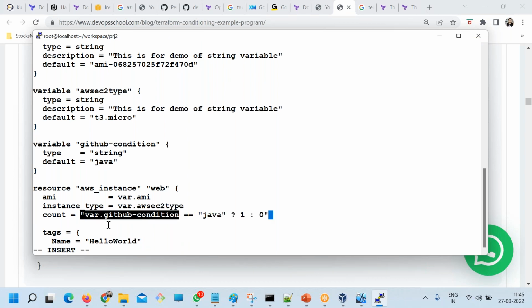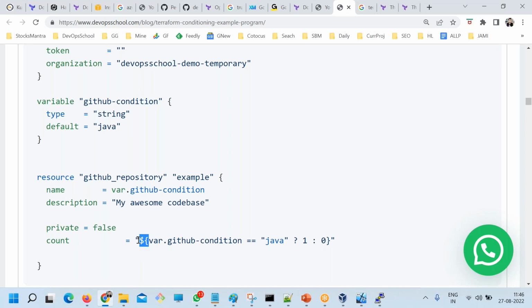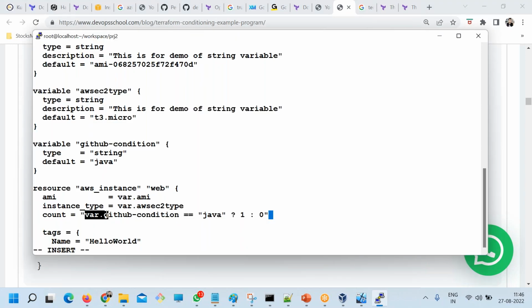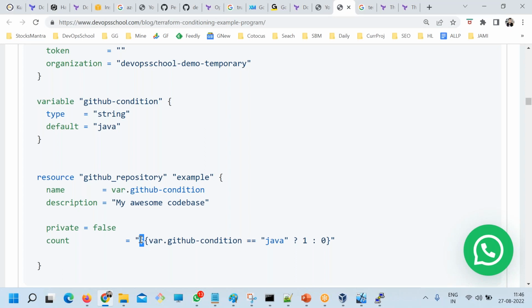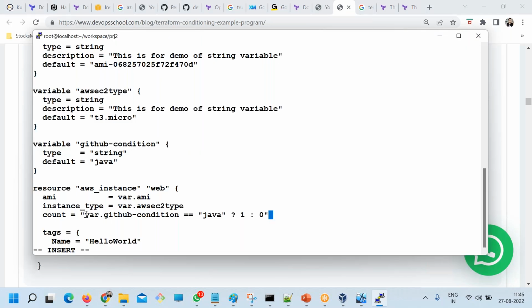That's all. So here, okay, then you'll say, Rajesh, here you mentioned $ sign and here you are not mentioning $ sign. Why is that? So guys, $ sign was being used with a 6-month-old version of Terraform. This will also work, but now they have deprecated that and they are saying, hey, don't use the $ sign, directly use this one. So that's the reason I'm saying always refer to the official documents. If you refer to any personal Google files and all, you might get old code. So var.github condition is equal to Java. It's correct. Then set 1 and then 0. We did it. And now let's run this program